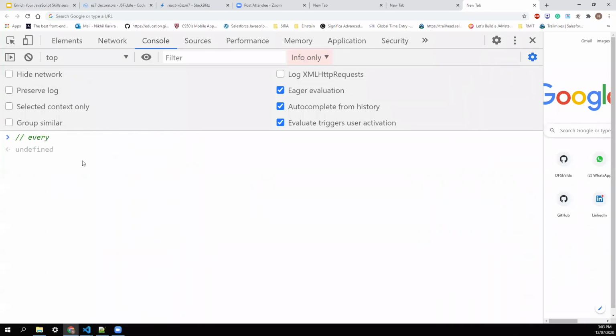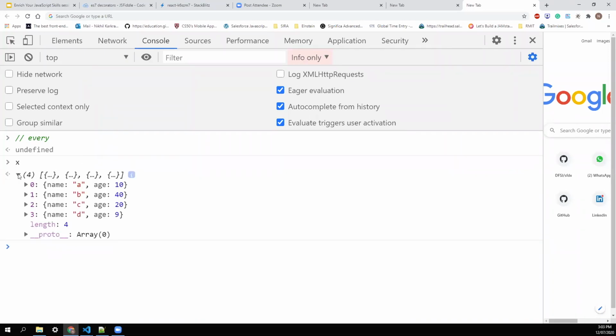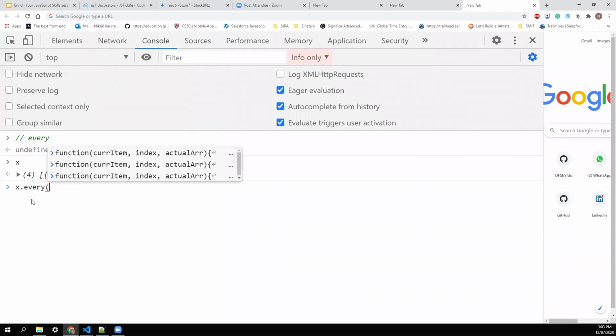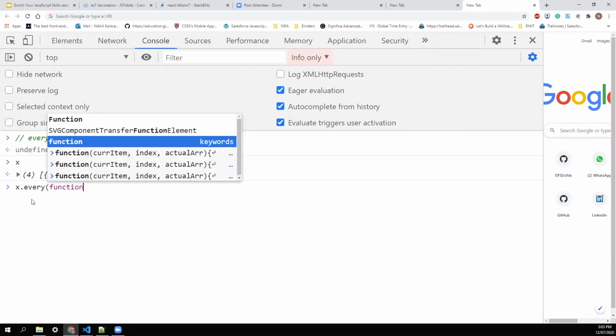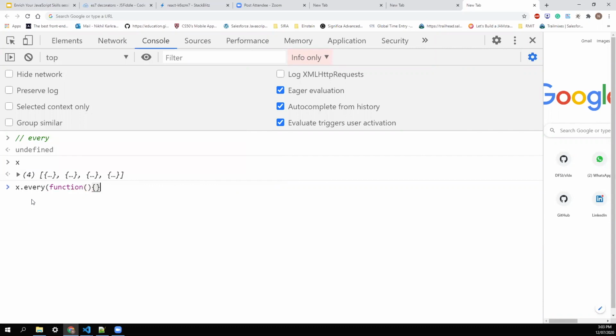So we said every method returns true or false if every element in the array satisfies the condition. We already have the X array. Now let's run the every operation. The syntax will be the same, and I'll try to write the syntax again and again fully.